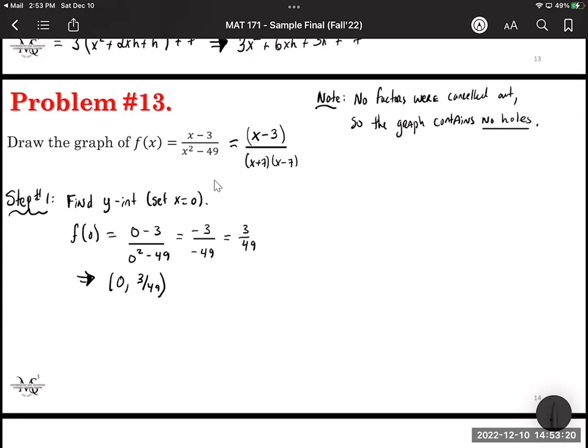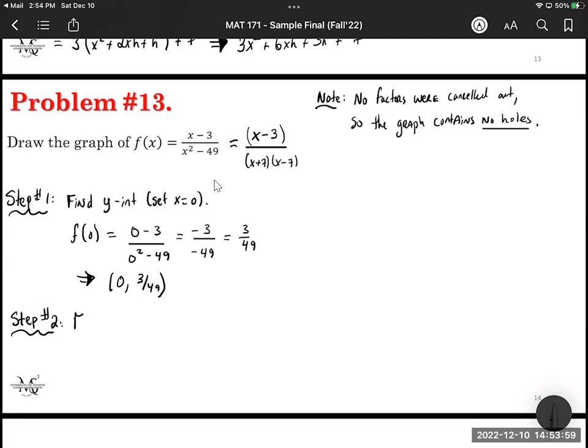That's step 1. By the way, if you look at this y-intercept, 3 over 49, what number is it going to be close to? What whole number will this fraction be close to? For example, will it be close to 1? Will it be close to negative 1, 0? It's going to be between 0 and 1, but a little bit closer to 0. Yes, so that's our first step. All right, good. Step number 2